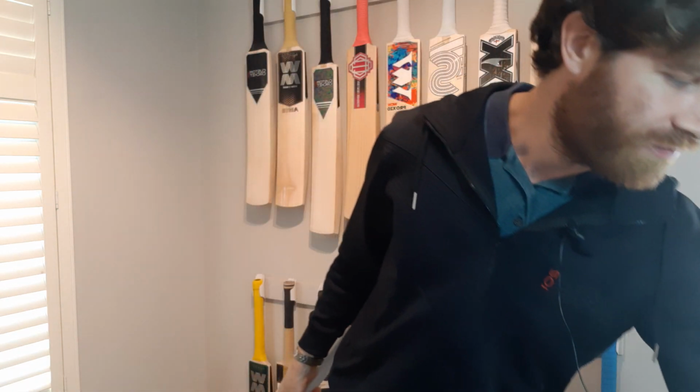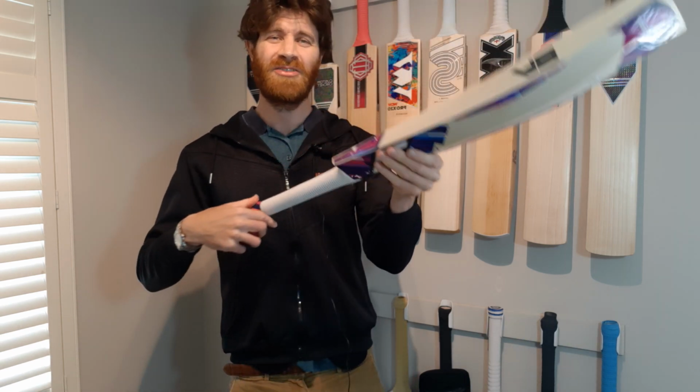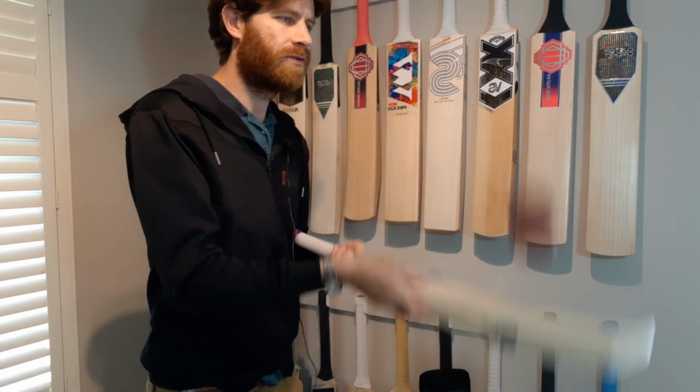So I love the really low pitched deep sound. It's quite soft. It's the kind of bat that will reach peak performance level early in its life. I'm pretty confident of that. And just no real dead areas, just at mid to low middle of course, but still very responsive higher up the blade as well. The ball now too,